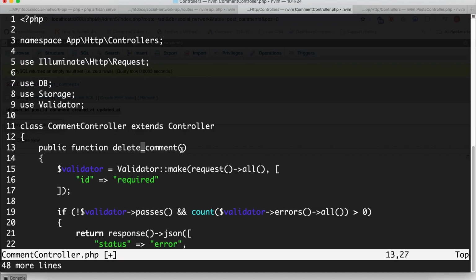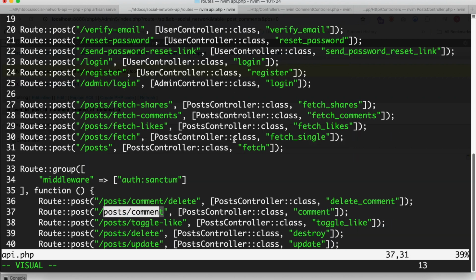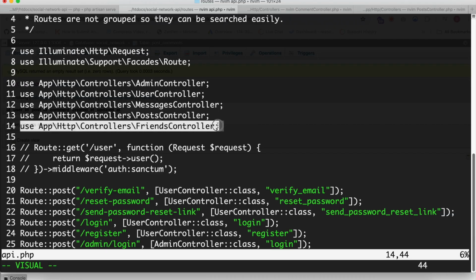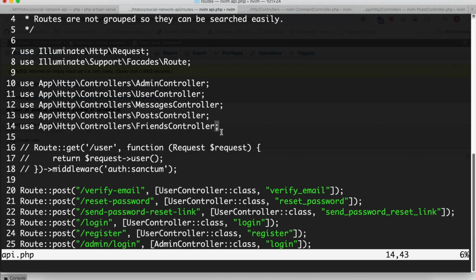Instead of having delete comment, I am simply going to rename it as delete because I'm currently inside the comment controller, so no need to add comment here. So save it, and now I'm going to change my API route as well. I'm going to include this comment controller in my API route. I'm going to copy this and paste here,